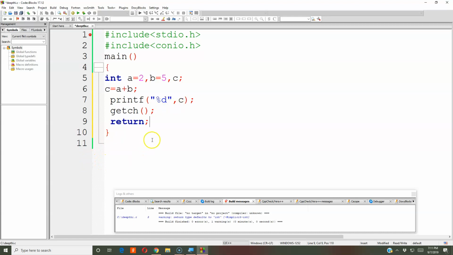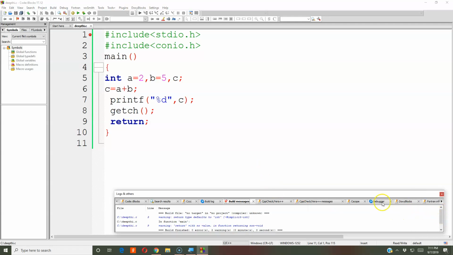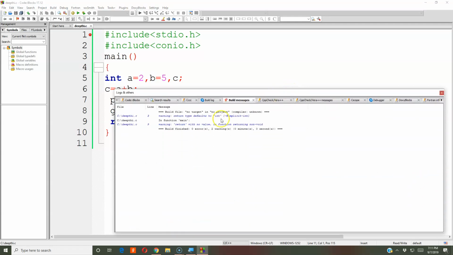Okay, let us run this now. First of all, we need to build this. Okay, let me show this properly. Okay, the warning is telling return with no value in function returning non-void.